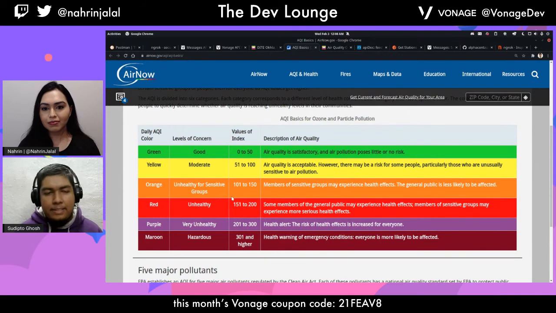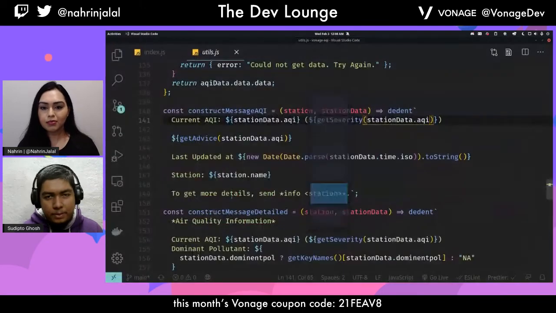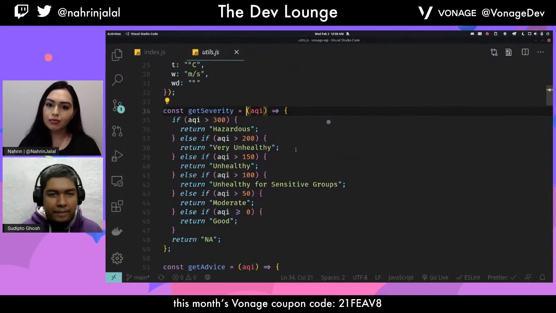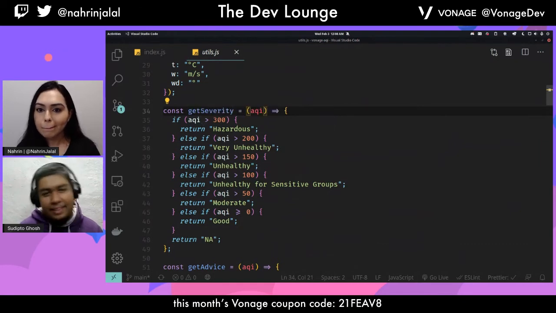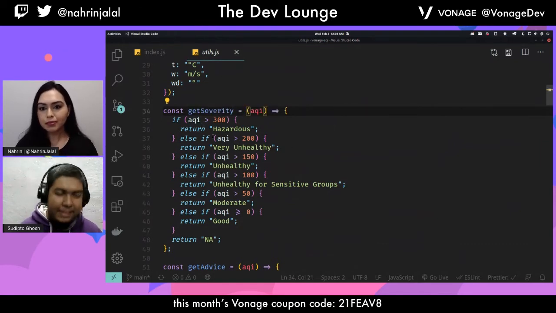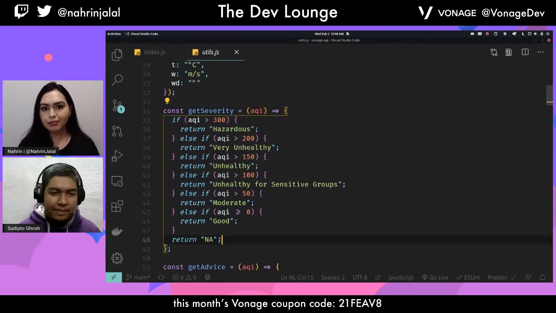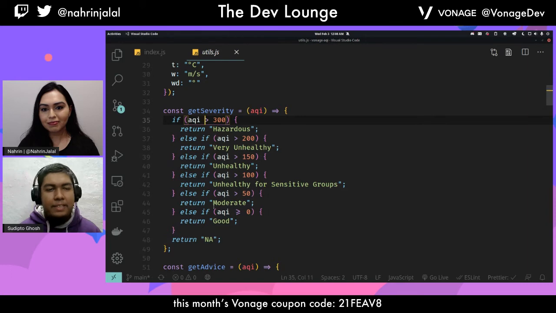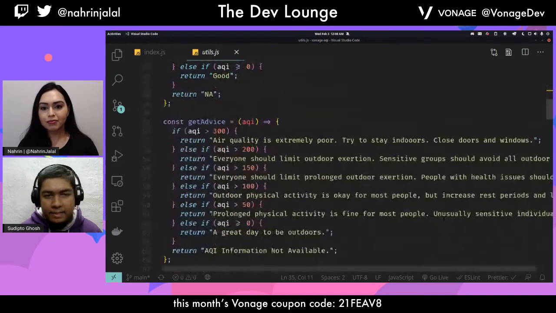These are the different severity levels, so we can get that. I have defined this above, that if the AQI is in this range, then we can return this string. This is a very bare bones implementation of this. We can definitely do another hash map or an efficient implementation for checking ranges. But